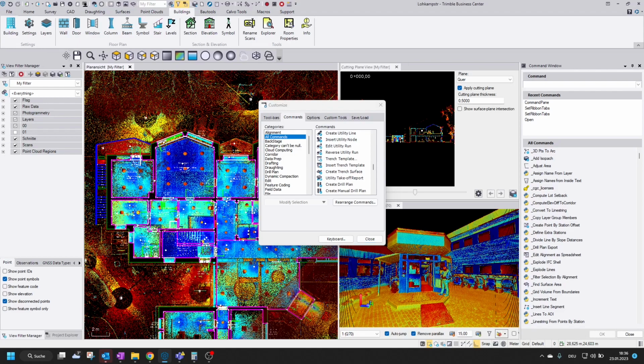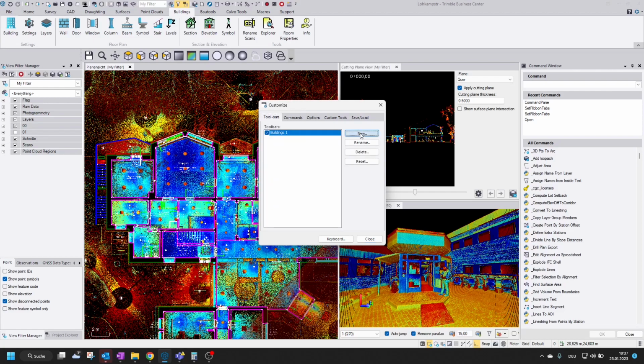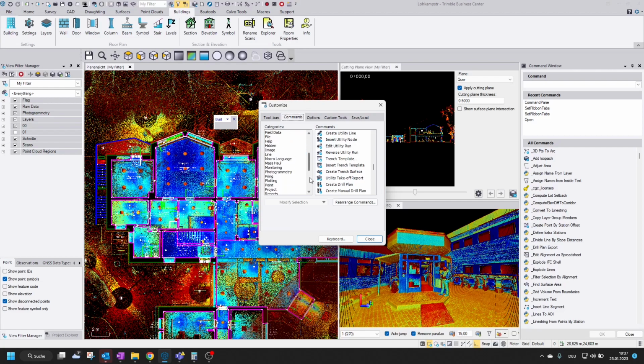And I create a different one just with this button in order to be quicker, so that if I have changed something here, I don't need to go to the Buildings tab. So we create a new one, buildings 2, also floating, and then as commands we go to the macro language, and then we move these in this order: